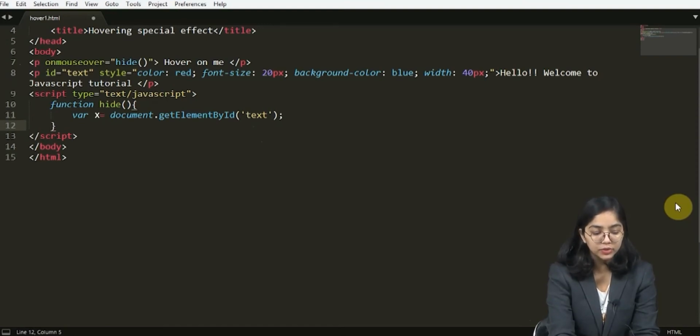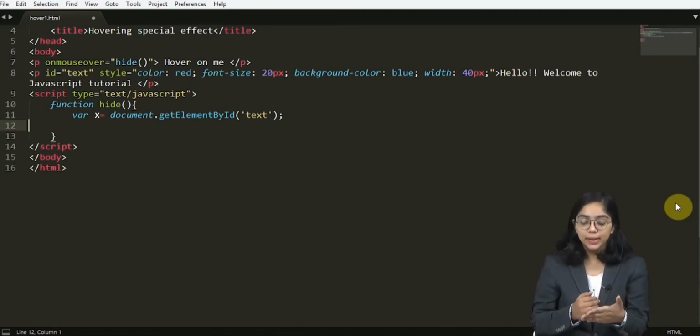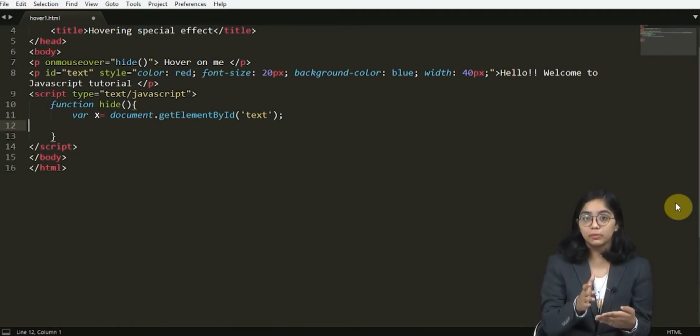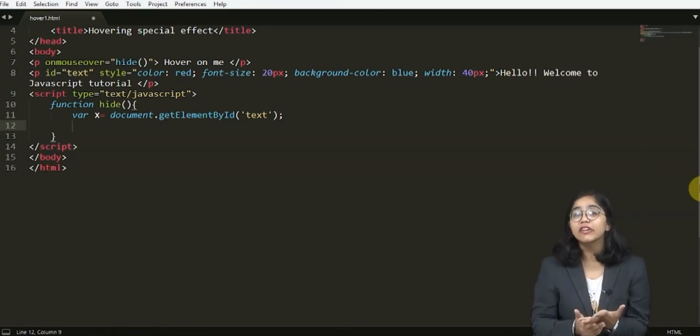After this, what we are going to do is enter some code which is going to follow a particular instruction, such as whenever the text is appeared over there, and if the particular text is hovered, that is hovered on me, then what should happen? It should disappear. But if that particular text is already disappeared, then what should happen? If the user clicks or hovers on that particular hover on me, then it should appear. So isn't this condition satisfying the if condition? So here we are going to use the if condition.